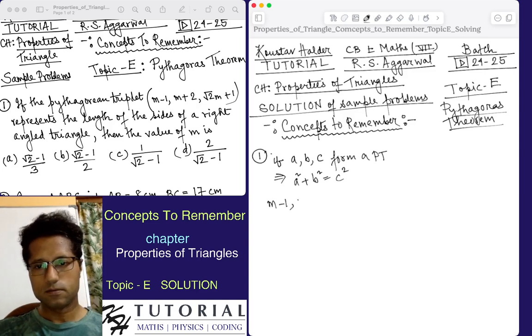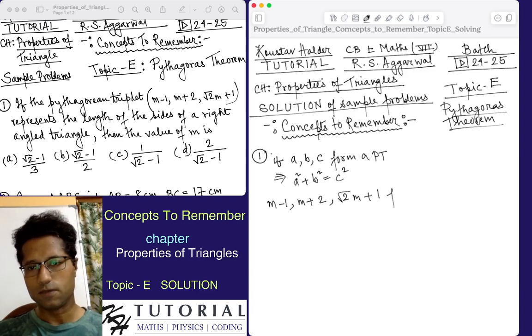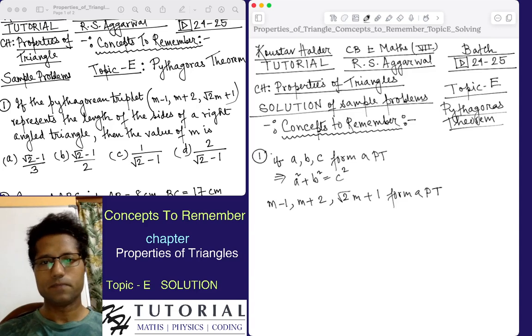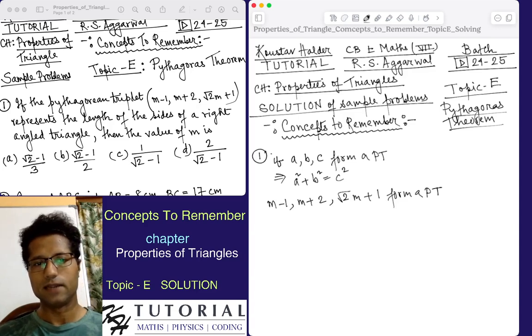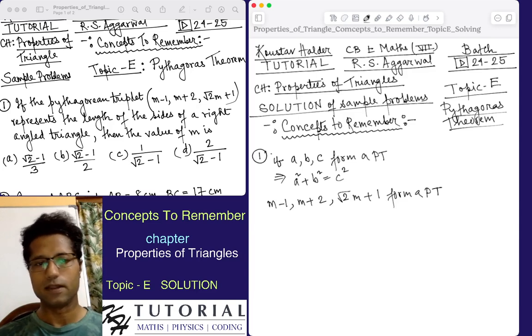m minus 1, m plus 2 and root 2 into m plus 1, this forms a Pythagorean triplet. Okay, now it is also saying that if the Pythagorean triplet represents the length of the sides of a right angled triangle, then the value of m is. Now it means that all these three numbers, that is m minus 1, m plus 2 and root 2m plus 1, if this represents the length of the sides of a right angled triangle, then